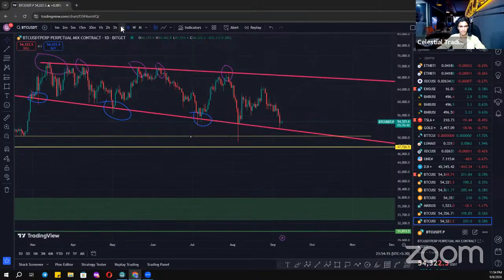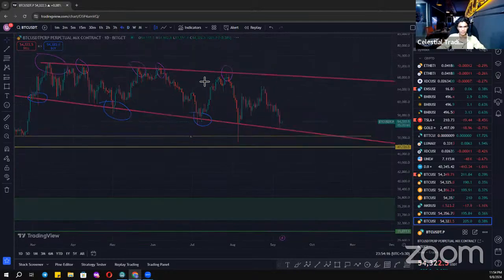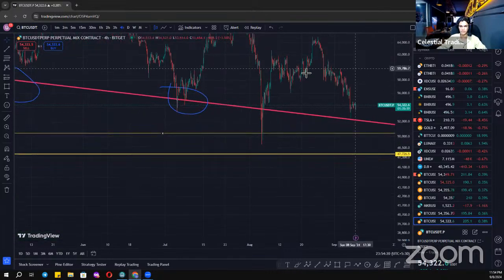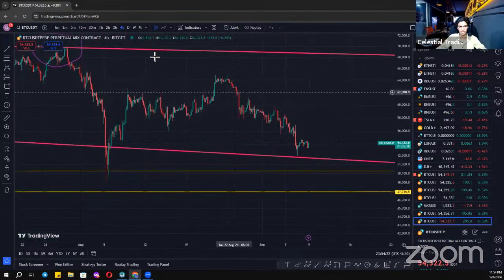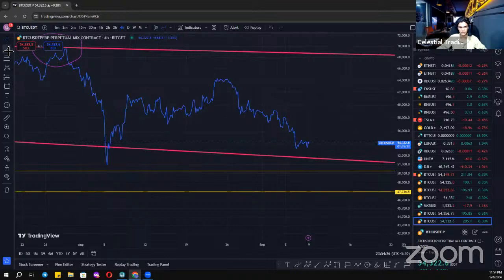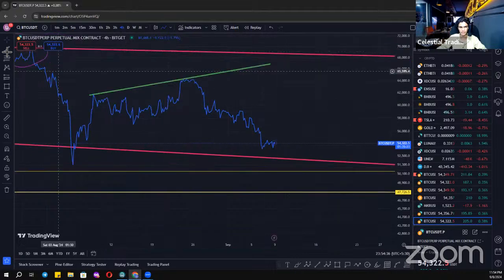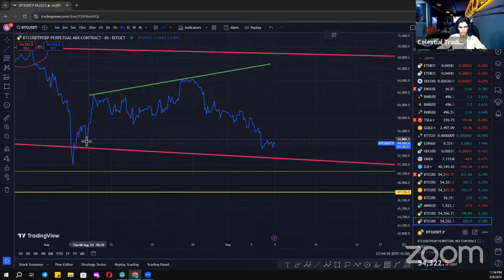Okay, let's go for the 4 hours. Now 4 hours. Let's get into this. This is where things get interesting. So again, go to the line chart. You can see a pattern forming here, and okay, guys, you can see that the pattern is exactly